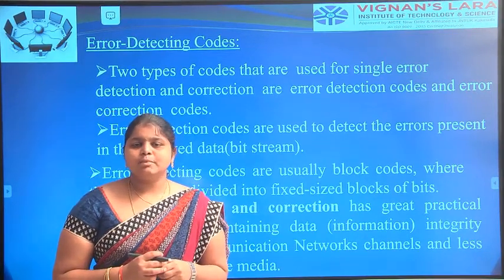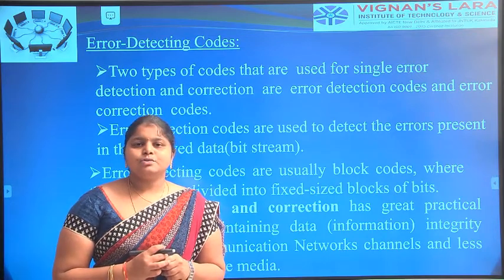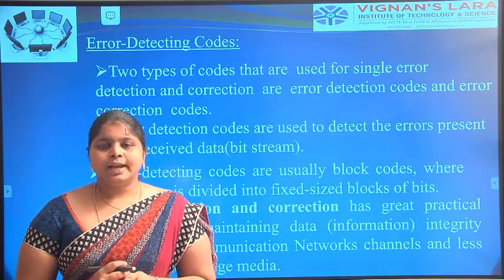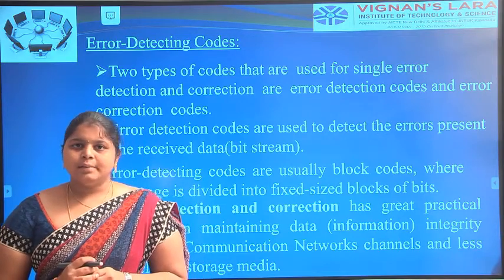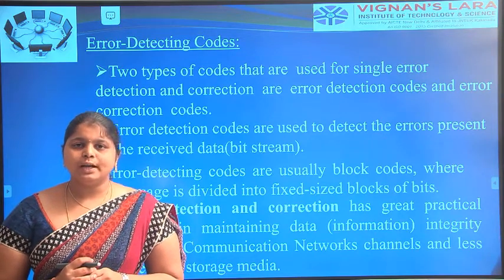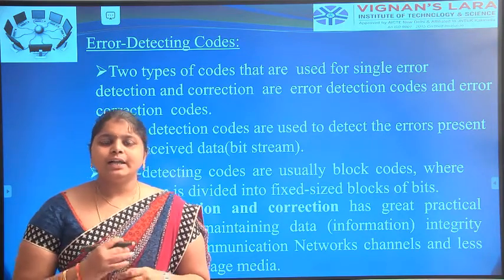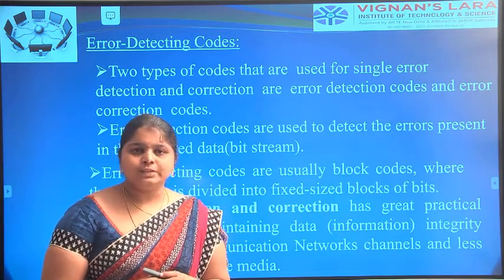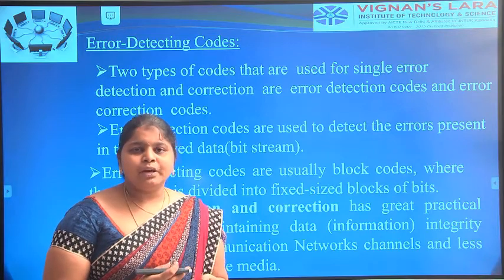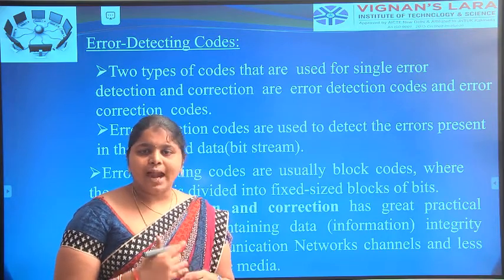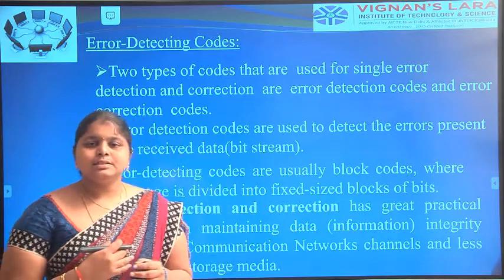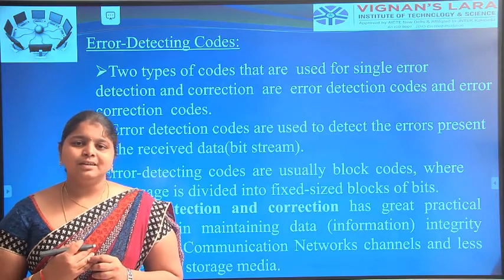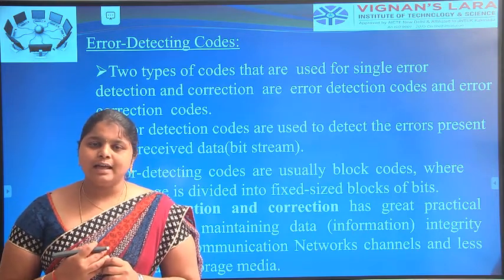Today's class we discussed the error detection codes. So far we discussed the other binary codes: BCD code, Gray code, XS3 code and ASCII codes. BCD is abbreviated as binary coded decimal, and for Gray code we convert Gray code to decimal and decimal to Gray code. XS3 code means we take the binary number and add 3 to it. ASCII means American Standard Code for Information Interchange. These were discussed so far in the earlier class.